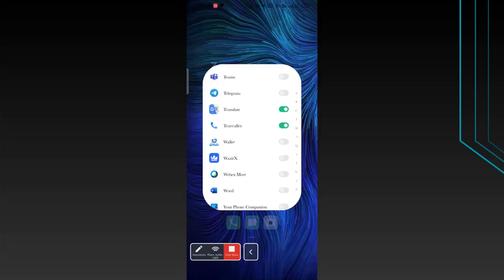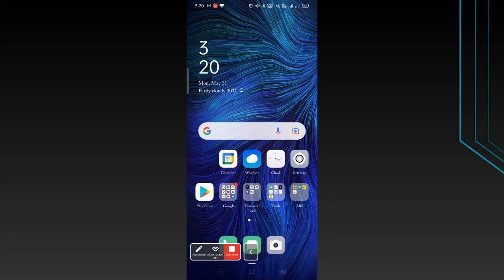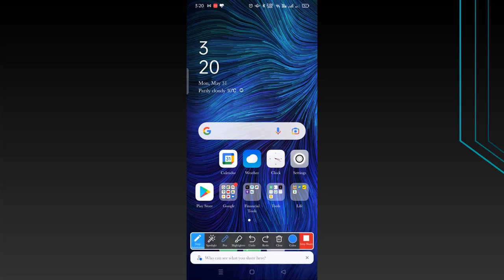I will go back. Now you can see your screen is getting shared by Zoom right now. So that is why you get this option down below, right? So if you want to annotate, I can click on annotate and I can draw something, right? So these options are possible. In case you want to show whatever is on a screen, you can do that. Different colors, if you want to select, I can select a different color, and I can select a pen and I can start drawing in red color. Or if I want to clear, I click on clear, everything gets cleared.